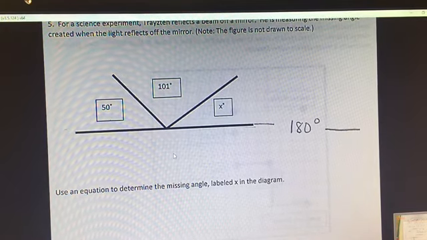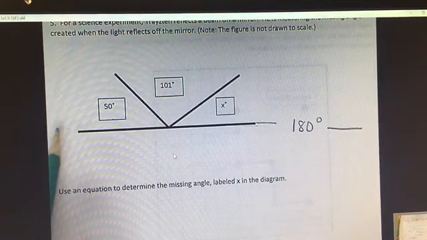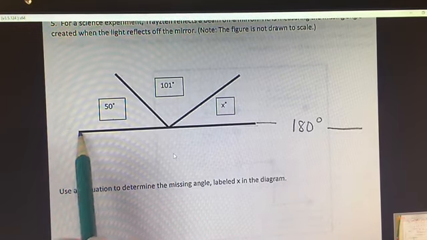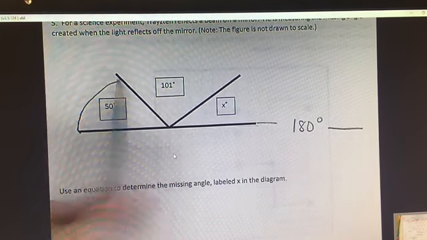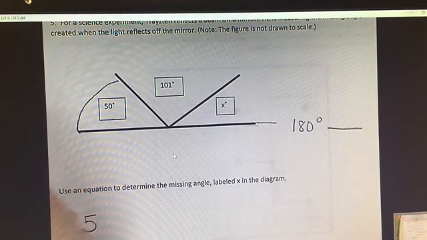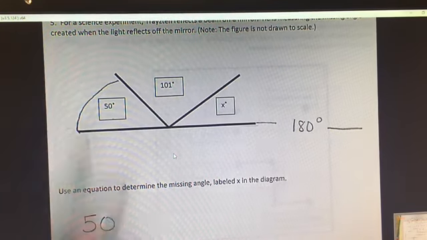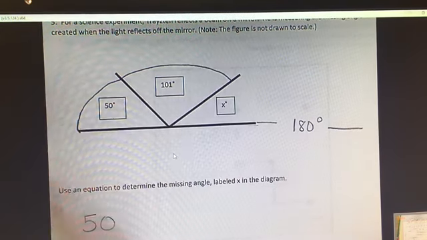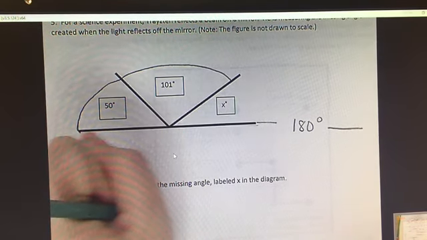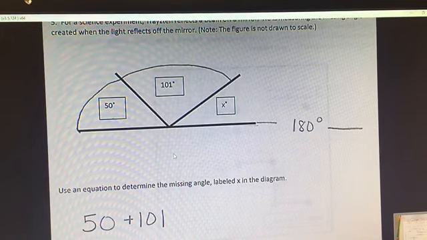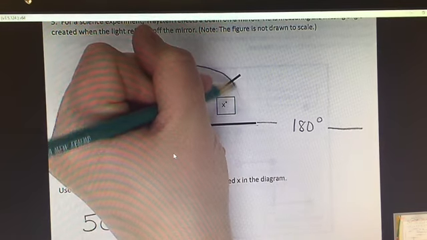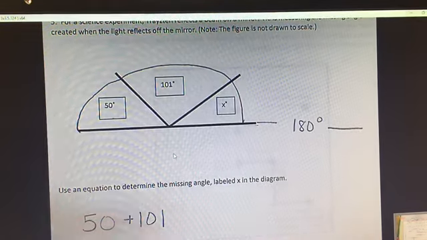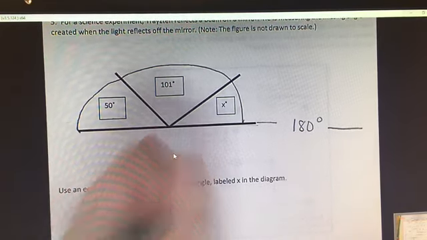So when we look at this, if I start here, from here to here is 50. So I went 50 degrees. Okay, then I went from here to here, and that was 101. So I'm going to add those, because I went 101 more, and then from here to here is x, and I'm going to add x, and